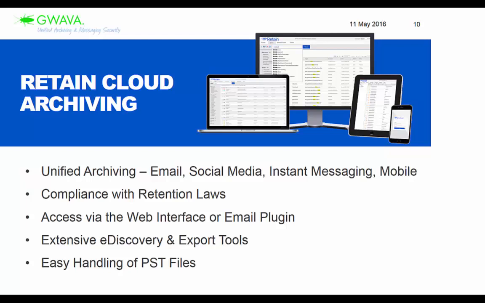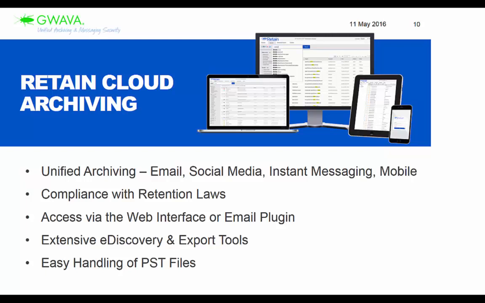So that means if you ever need to move, so if today you're on Exchange and tomorrow you want to move to Gmail, that migration path is super easy because you have it archived in Retain. Exchange, then you implement Gmail, tie it to Retain. You don't have to worry. You have that old legacy system archived in Retain, and your new system archived in Retain. And now to your users it's seamless because they search the archive and they're going to see all messages, whether they're in your old system or in your new system.